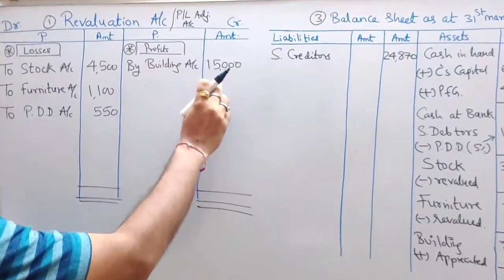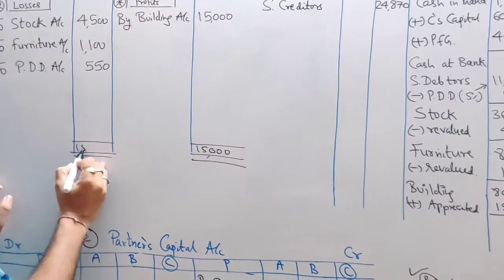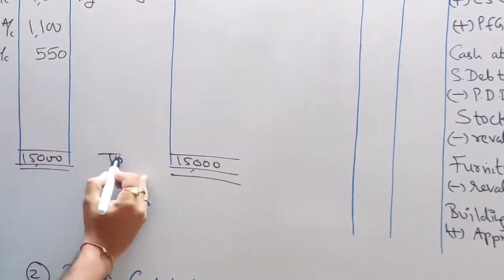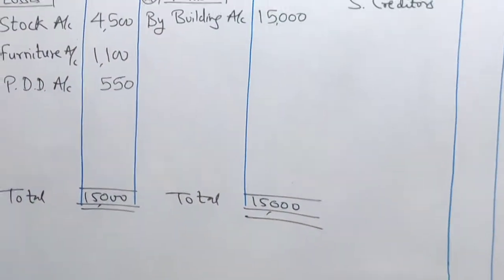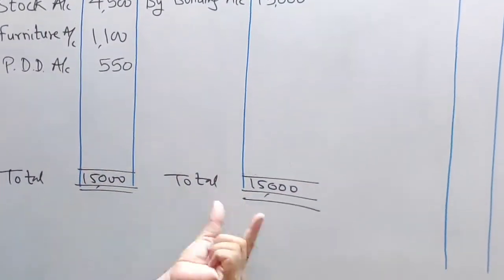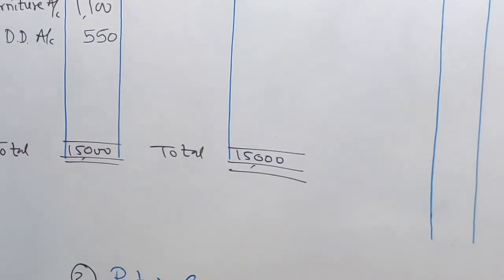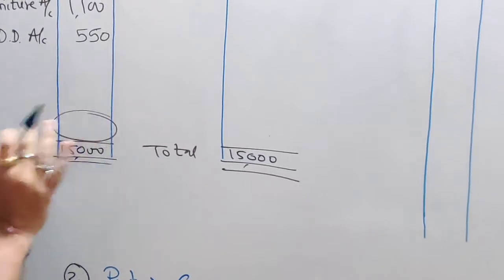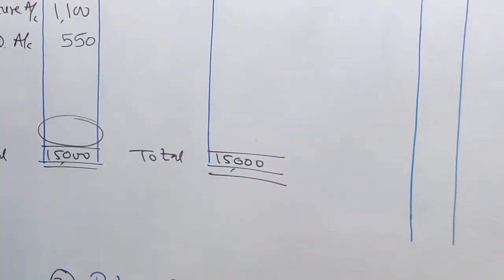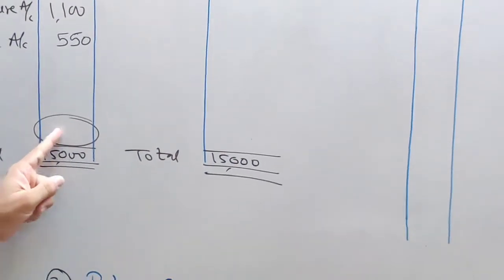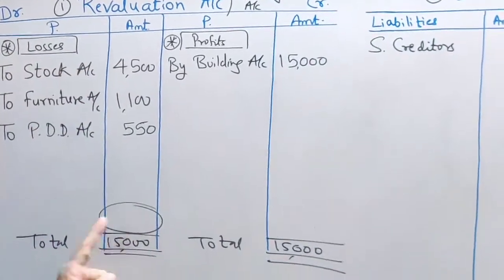I think this is greater. So the credit side is greater. You always write the big total on both sides. This is the rule of totaling, if you remember. So this is totaling rule 1: big total on both sides. And you are going to write the difference on the smaller side. This is rule 2. So rule 1 is the big total on both sides. Rule 2 is writing the balance amount on the smaller side. This is your smaller side. So write the difference over here.